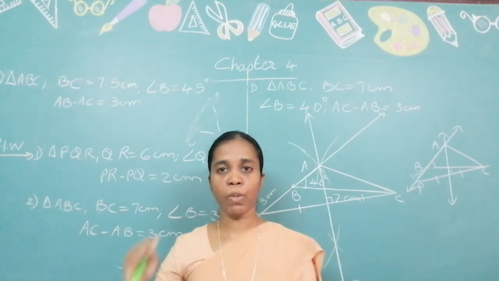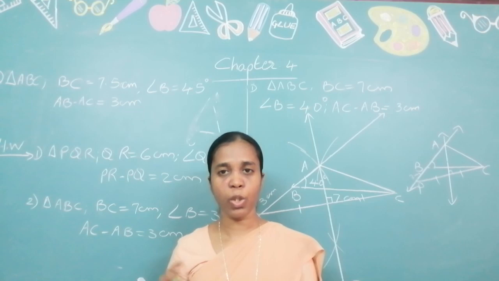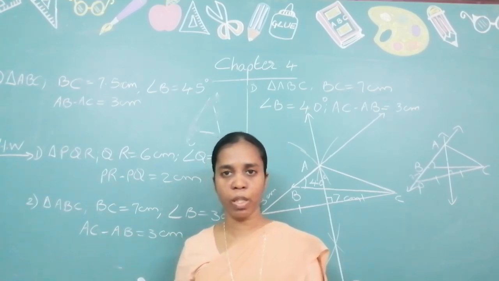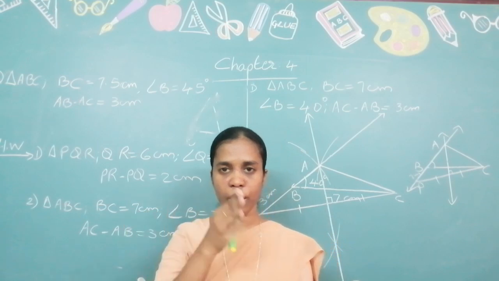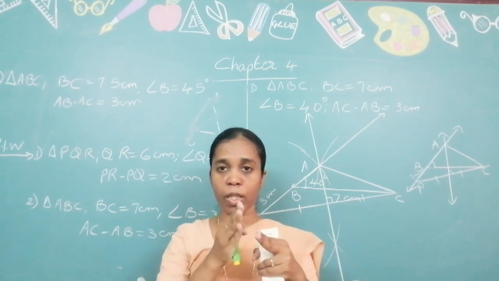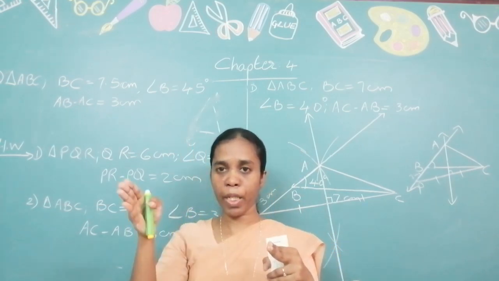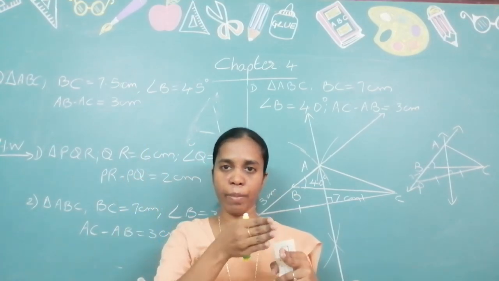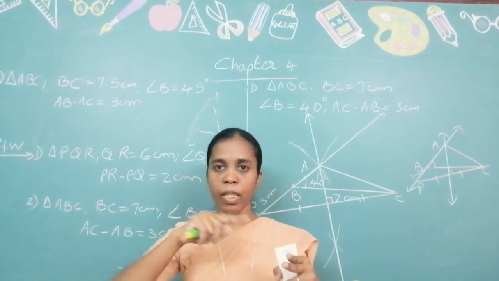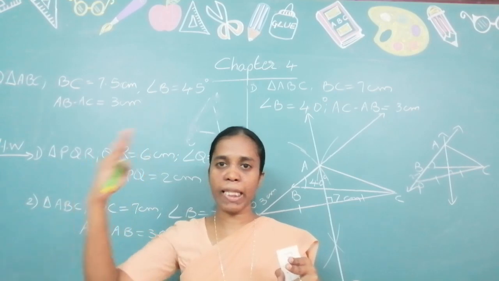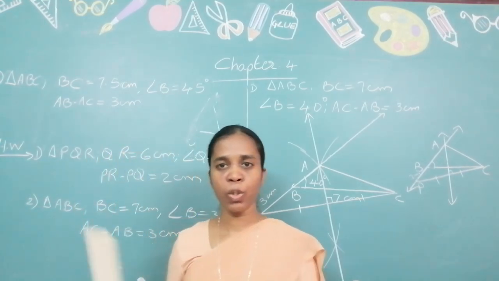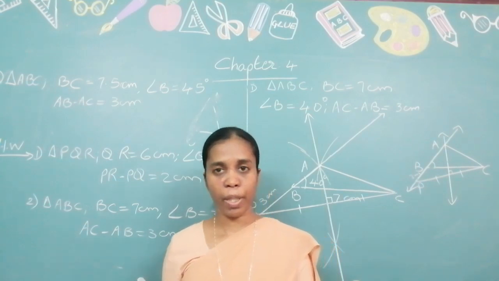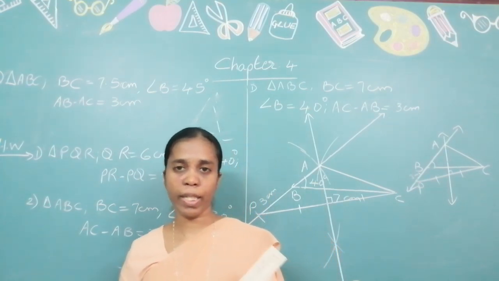In the exam, it will not be given to you whether it is above or below. You have to understand from the question. So imagine the triangle ABC. BC is given, angle B is given. Then look at what is given: AB minus AC or AC minus AB. If it is AB minus AC, construction is above. If it is AC minus AB, construction is below. Is it clear to you? So stop the video here, complete the homework, then go for the next construction.